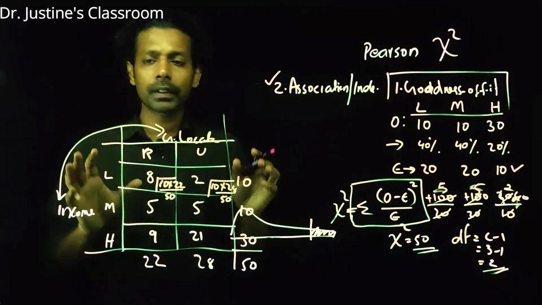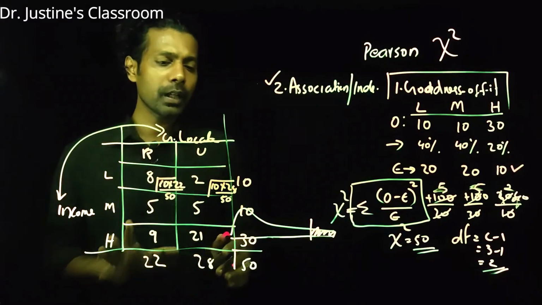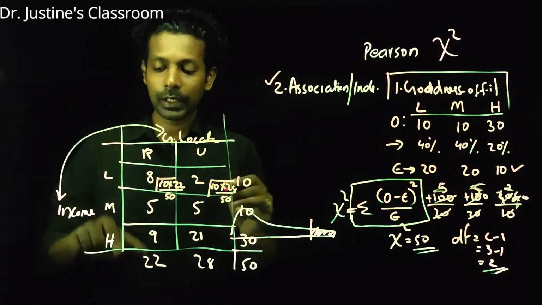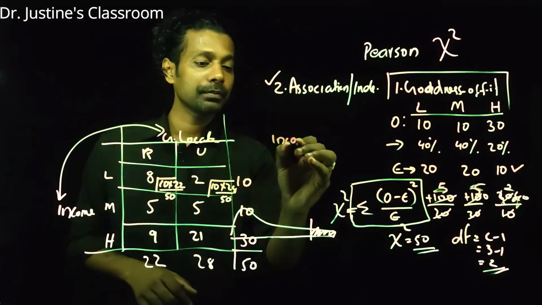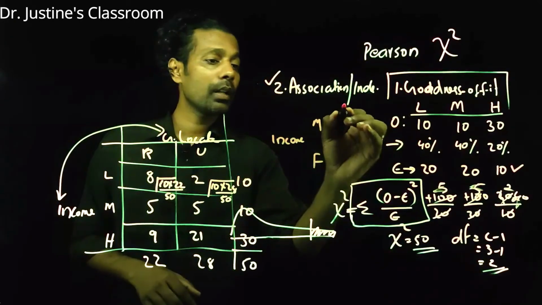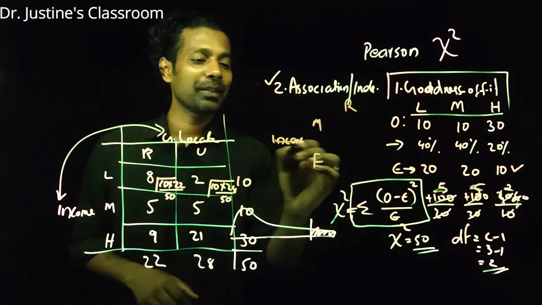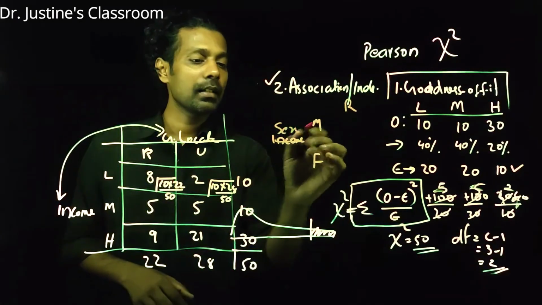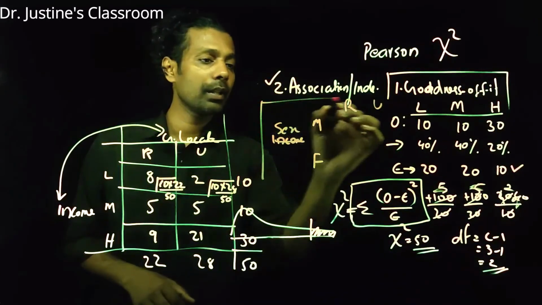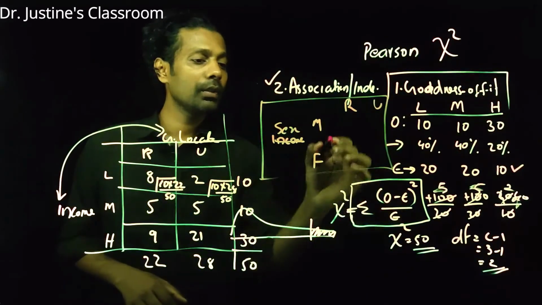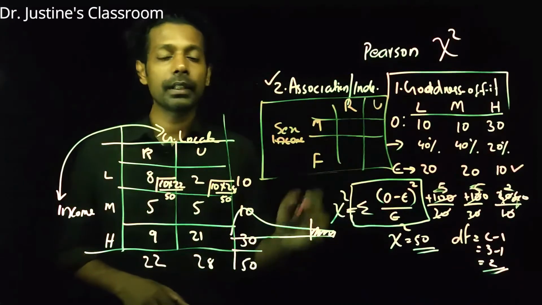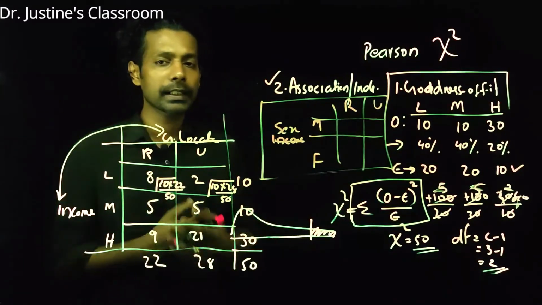Now one of the problems with this kind of method is when you have a 2 by 2 condition, for example, just two categories here. Sex: male, female, and residence: rural and urban. So this is my new condition. It means it's a 2 by 2 condition, 2 here, 2 here. In this context, we use a kind of correction method.